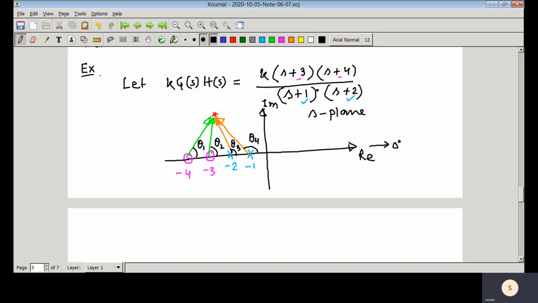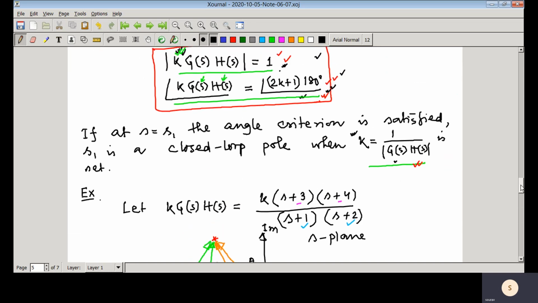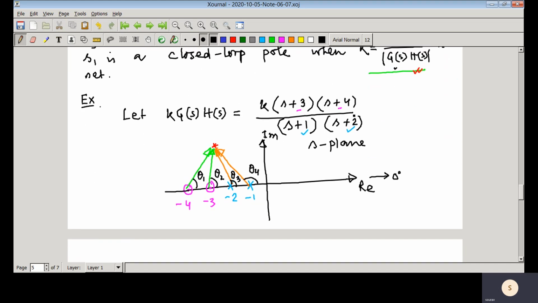So then we can see the angle of this particular transfer function. What would be the angle? Here the poles are in the denominator, so whenever we bring them to the numerator, the contribution due to the pole would be negative. Basically the contribution of the pole is negative. So here you can see that theta 4 and theta 3 are the two angles contributed by these two poles.